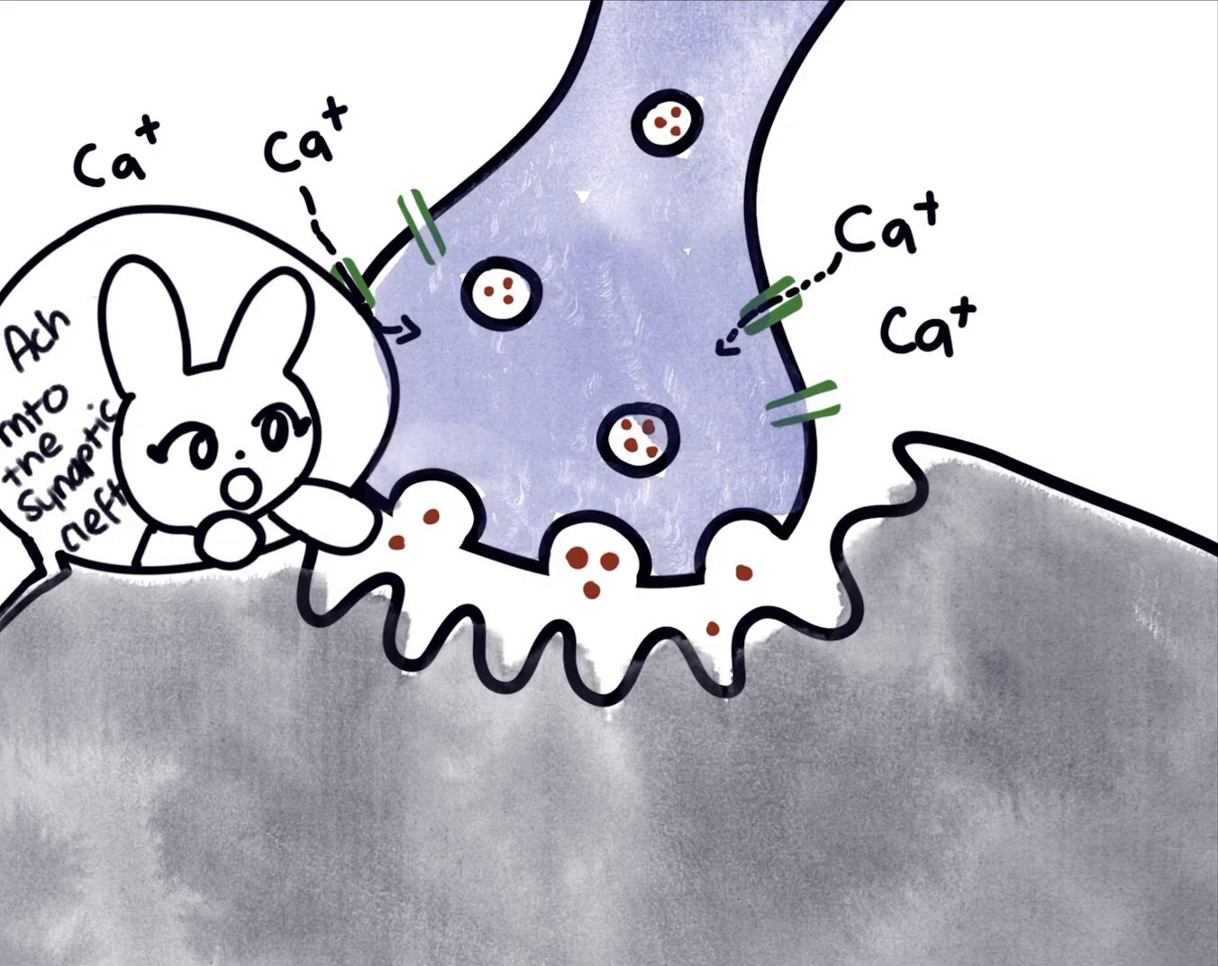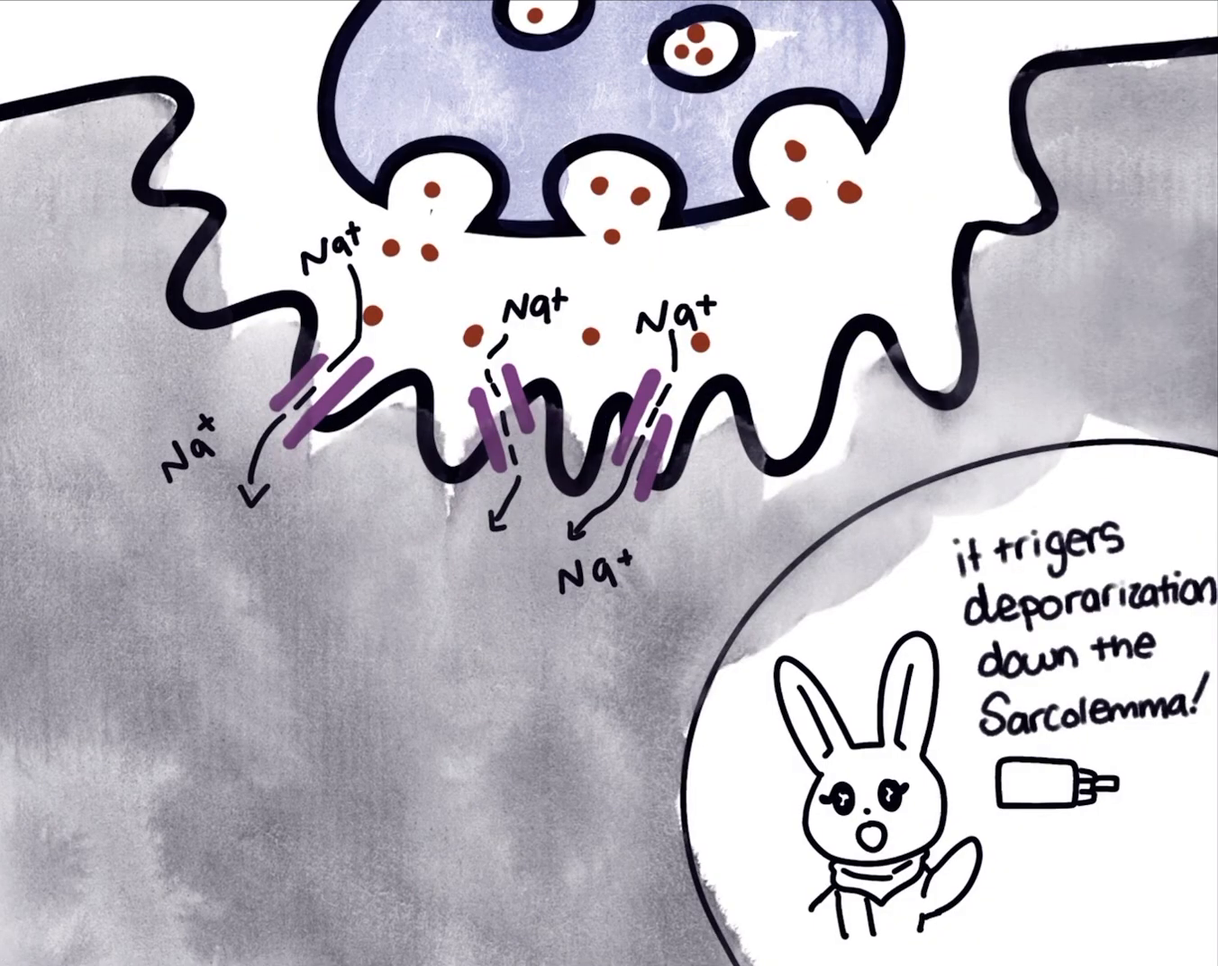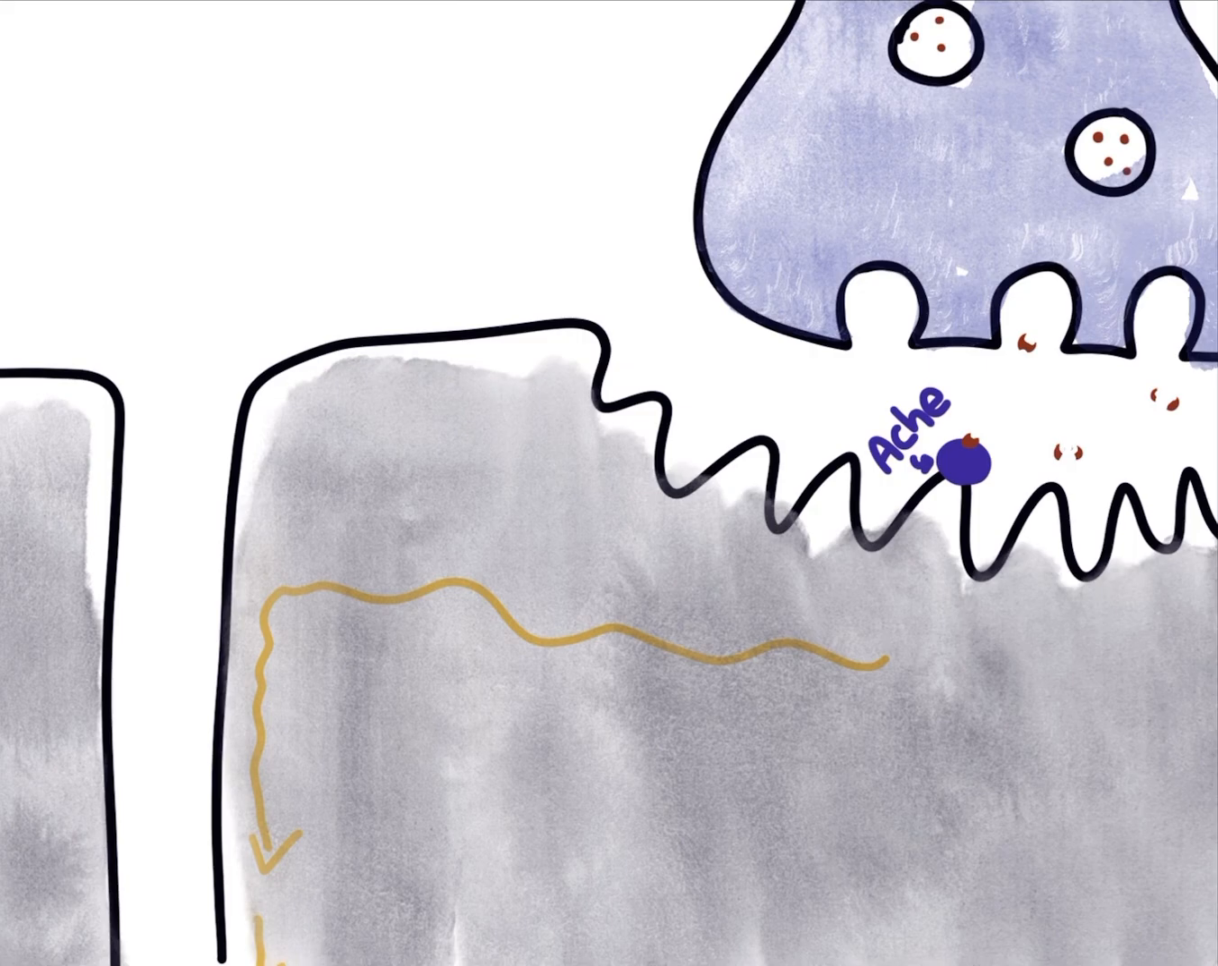Acetylcholine is released into the synaptic cleft, where it will bind to acetylcholine receptors at the motor end plate, which also causes sodium channels to open and for sodium to rush in. This causes a depolarization in the sarcolemma. Acetylcholinesterase breaks down any ACh that remains in the synaptic cleft, and a wave of depolarization travels down the T-tubules